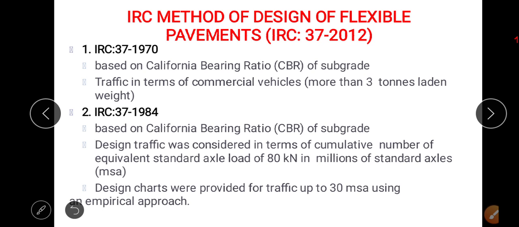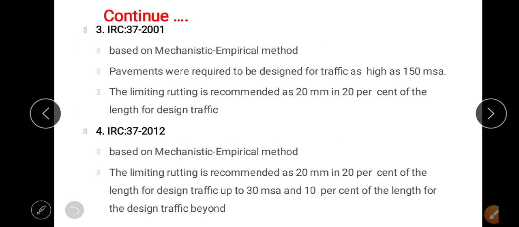Earlier IRC 37 1970, then IRC 37 1984, IRC 37 2001, now presently IRC 37 2012. Whatever was in the previous guidelines, almost 90 to 92% is the same. The only difference is based on the different research works which have been carried out by various researchers in the field